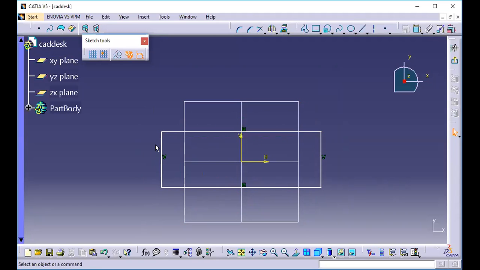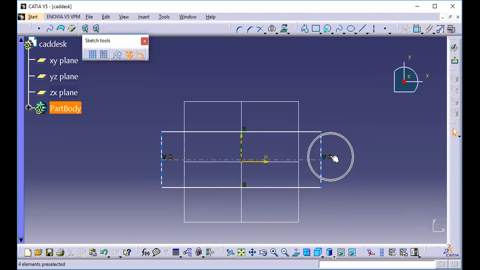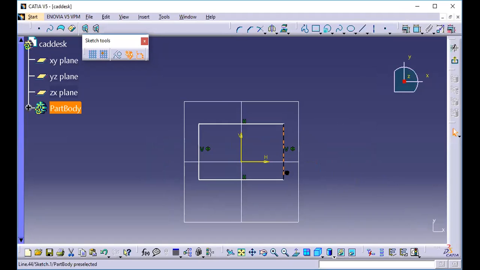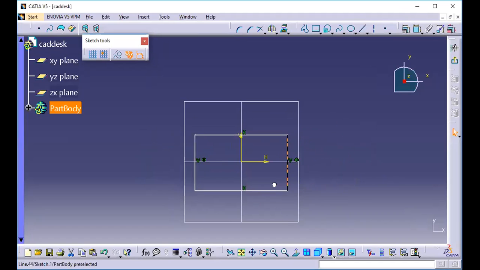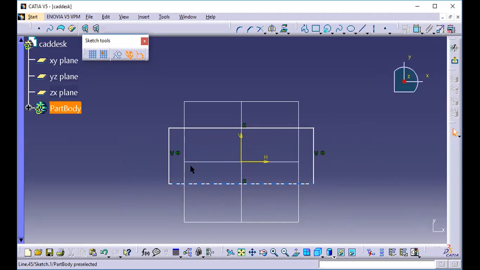So what I can do, I can select the two lines, and by pressing the control key select this axis. First, we should select the two lines, and later I should select this axis. If I go to this constraint box, here one symmetry I will get. I will apply the symmetry constraint over here and OK. See, now the symmetry constraint is applied. Now if you want to stretch from that particular axis, it will stretch equally for both the sides.